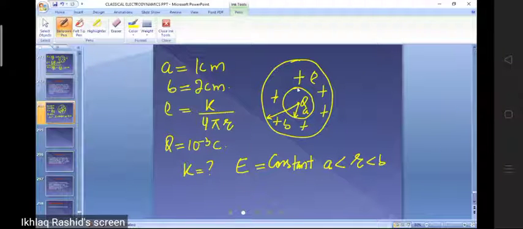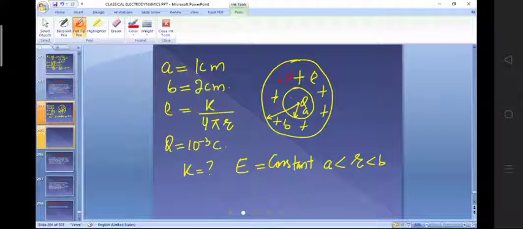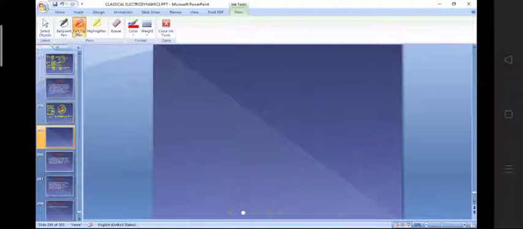So pay attention here. For example, we'll calculate the electrostatic field somewhere here at this point. At this point, we'll set a radial distance of small r from here. We'll try to calculate what the electrostatic field is at this point. In this case, the electrostatic field at the point P will be contributed by, number one, the point charge Q, superposition principle, isn't it? And then we'll calculate the electrostatic field because of this shell, and take care that this rho is variable. So let's calculate the electrostatic field.